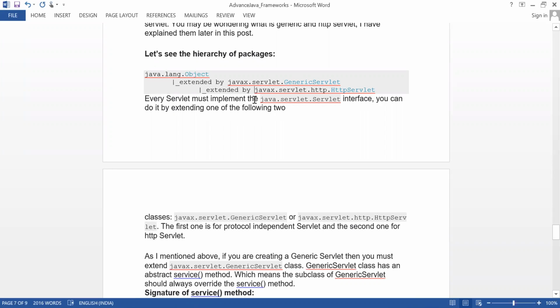Every servlet must implement the javax.servlet.Servlet interface. You can do it by extending one of the following two classes.